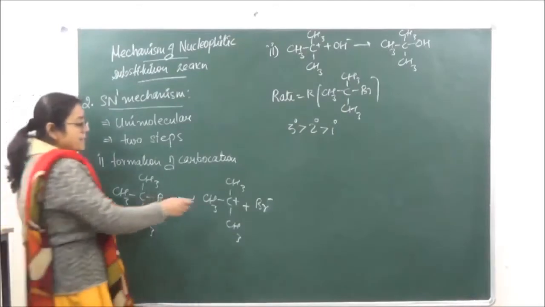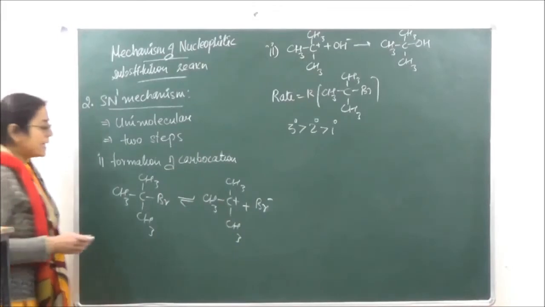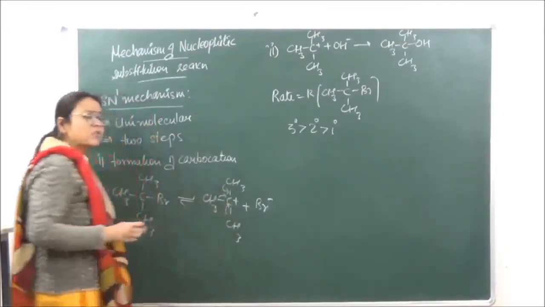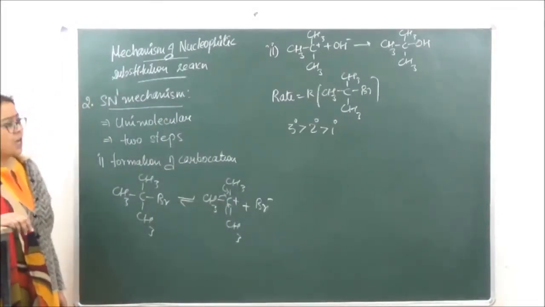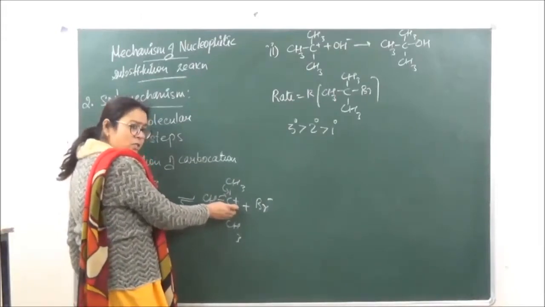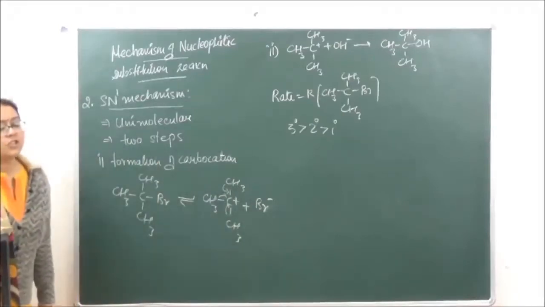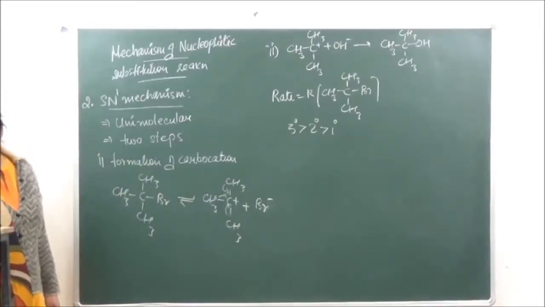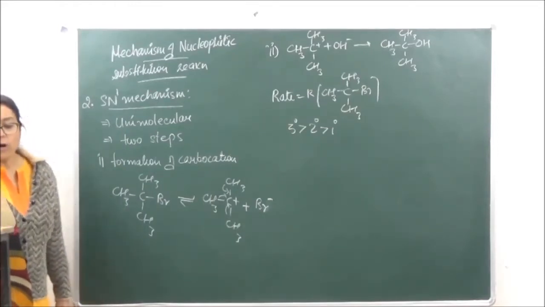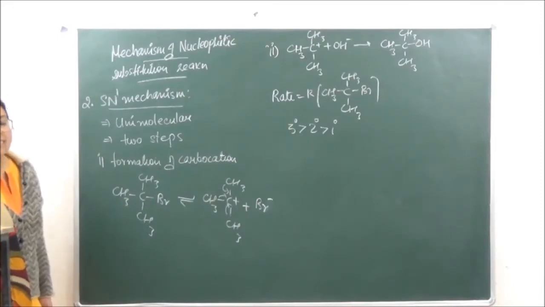The reason behind that is that there are 3 alkyl groups present over here, and these 3 alkyl groups have a tendency to release electrons on the carbon atom bearing the positive charge. So when they release electrons, they neutralize the positive charge over here, as a result of which this tertiary carbocation becomes the most stable. Okay? So the more stable the carbocation, the more is the susceptibility towards the SN1 mechanism.